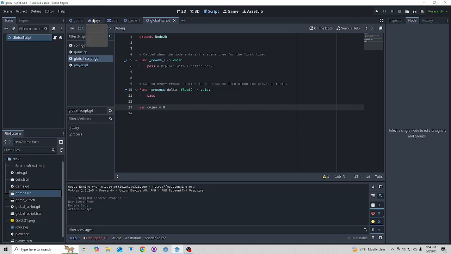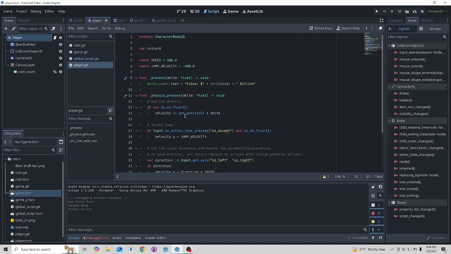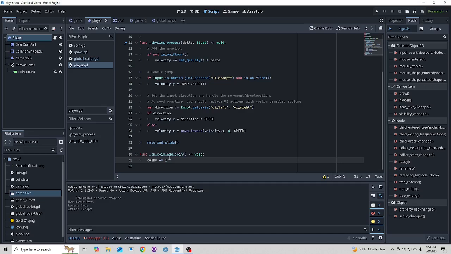And then I'm going to go back to player, which is where we have our code for our coins. You can see here we have a variable coins equals 0, and then coins plus equals 1 as soon as we hit a coin. Okay, so now I'm going to want to make this our global script coins, but first